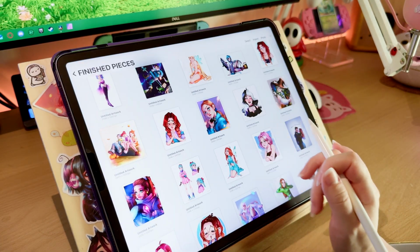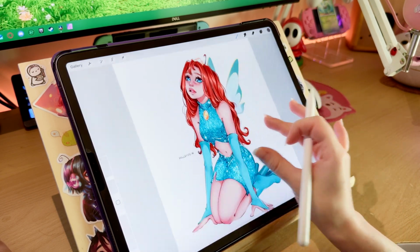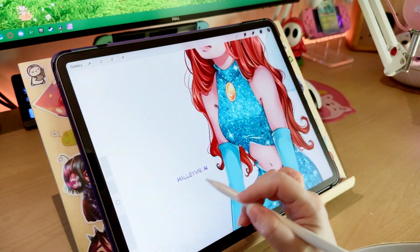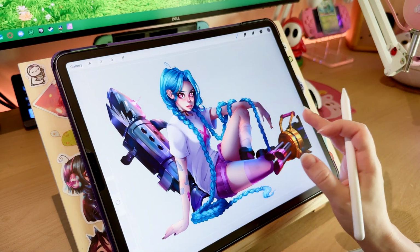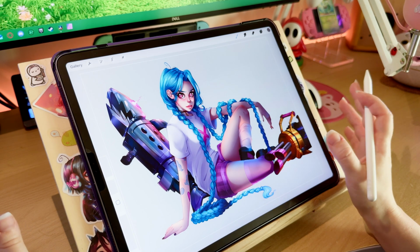So next we have these wings fan art, which I think will make the cut because I like the pose and it showcases the way I can draw particular textures, but I'm gonna change the logo to my newer one. This is another fan art I really like. It's Jinx. I did this with kind of a customized outfit I created,